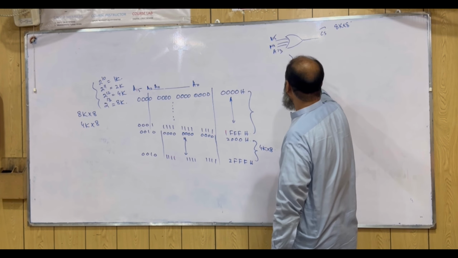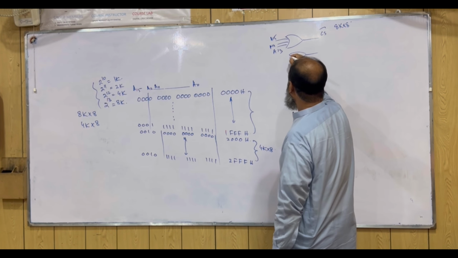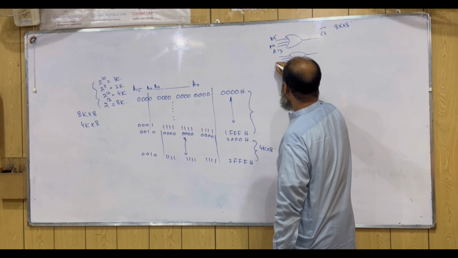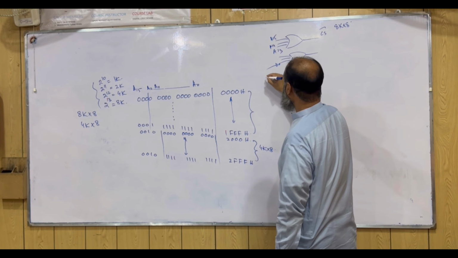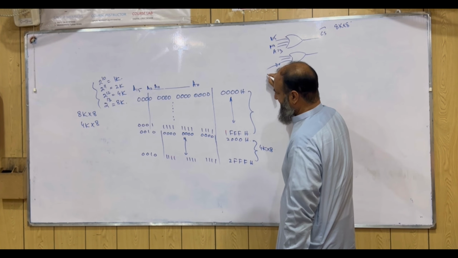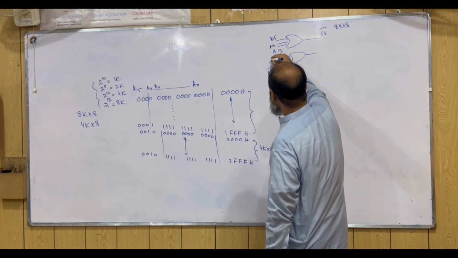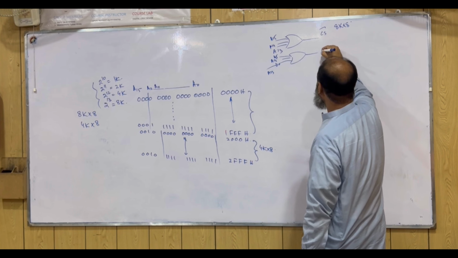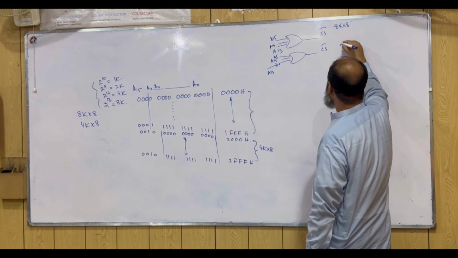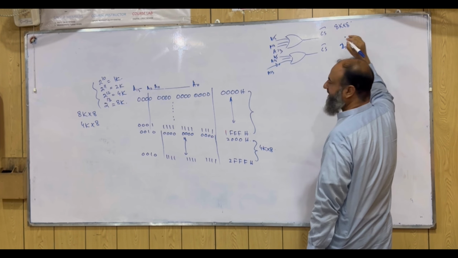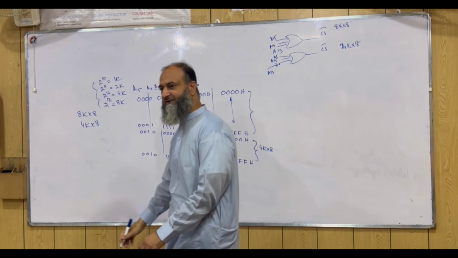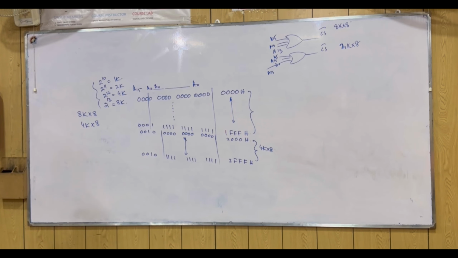And then if you have another OR gate, and 1, 2, 3, and let's suppose I am going to invert this. Is it right? Yes. So you see that it becomes A13, A14, and A15. So you see that the output is said to be the chip select for the 4 kilo by 8 memory. So the chip will be selected here. Is it right? Chip select हो जाएगी. Is there any problem with this?